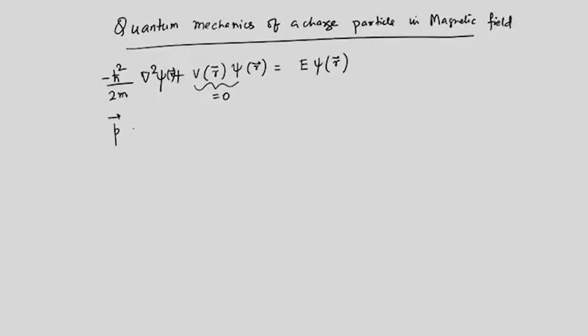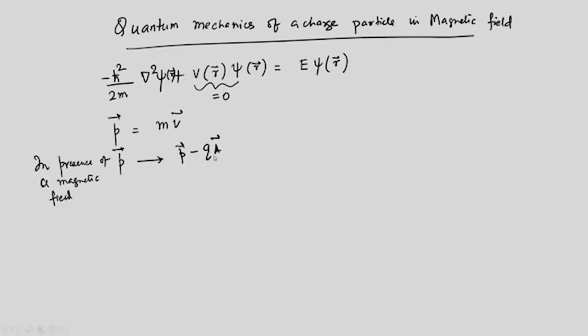So the momentum P, which without any magnetic field is equal to m into v, called the mechanical momentum, changes in presence of a magnetic field from P to P minus Q A,